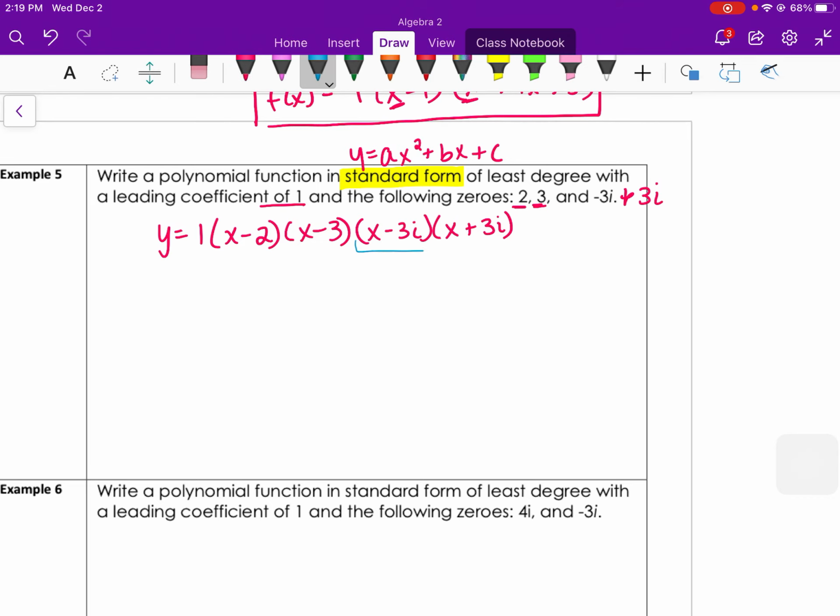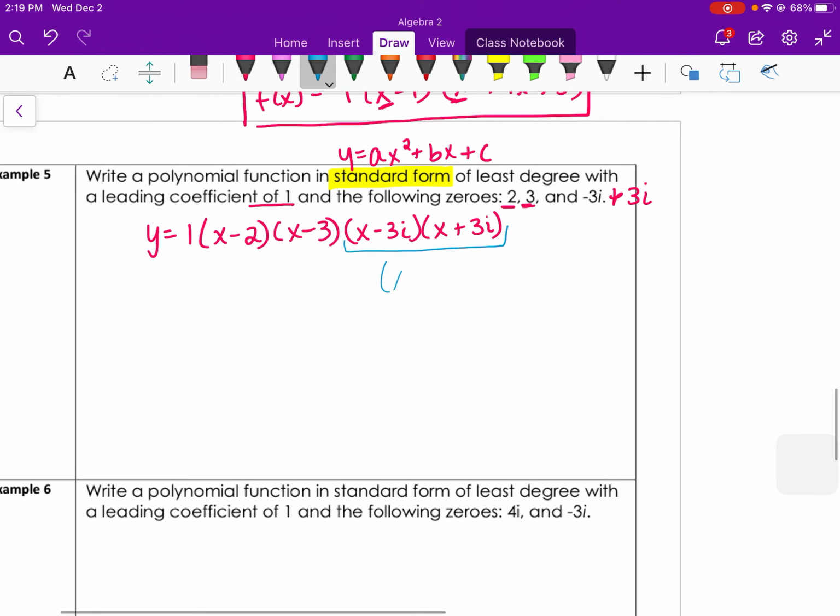I know that these are complex conjugates, so this will multiply back to x squared plus 9, because if you were to solve x squared plus 9, you'd get plus or minus 3i. Multiplying this out, distributing it, I'd get x squared minus 3x minus 2x plus 6. I'm going to combine like terms here, x squared minus 5x plus 6, and then x squared plus 9,